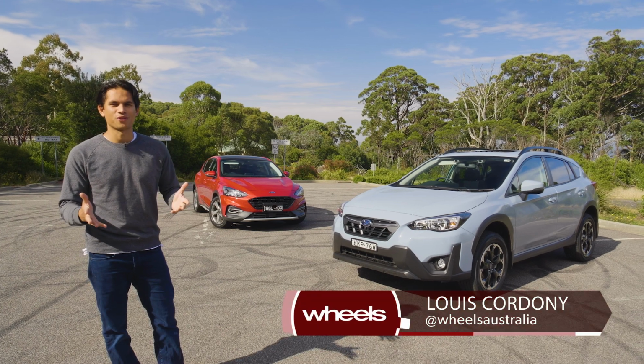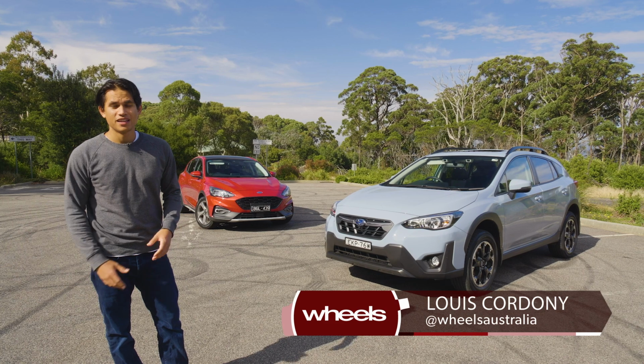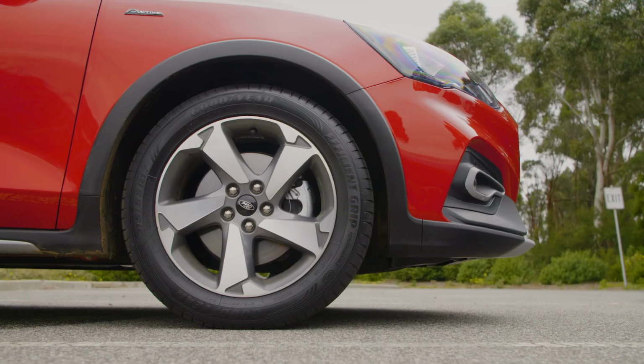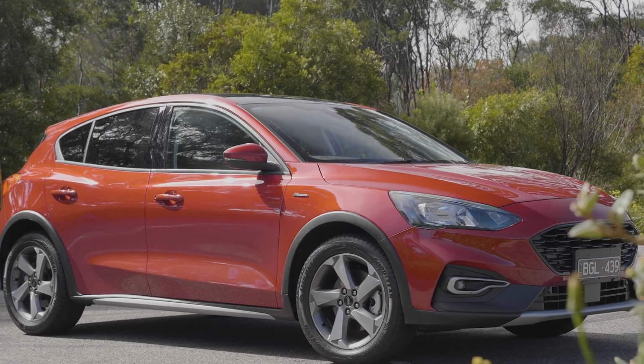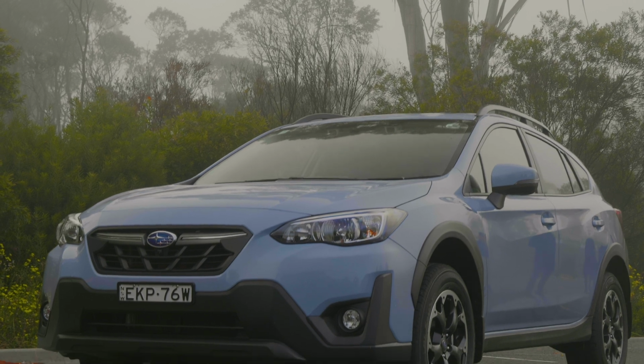Here are a pair of crossovers. This is the Subaru XV and that's the Ford Focus Active. And they're crossing over from the small car space into the off-road world with these chunky tyres, body cladding, and roof racks that would make any nature enthusiast giddy with adventure, as well as the jacked up ride heights that